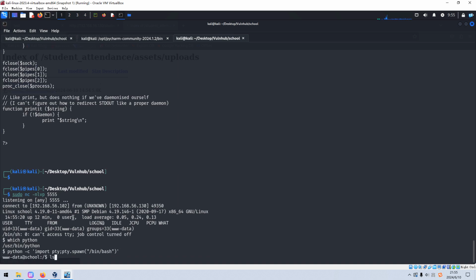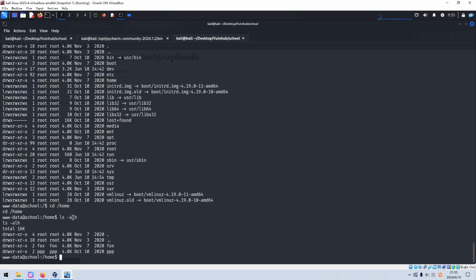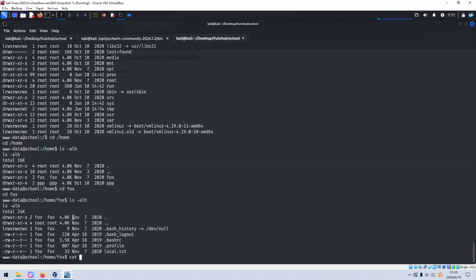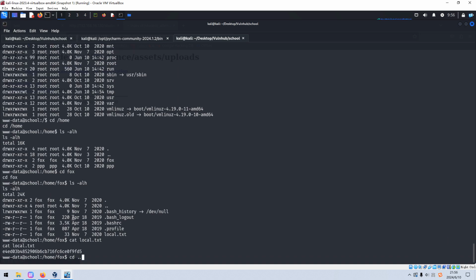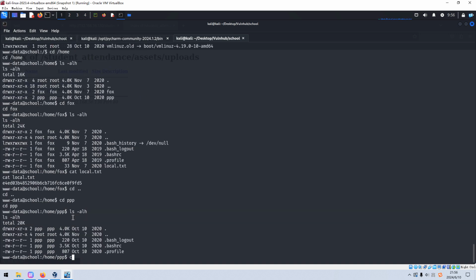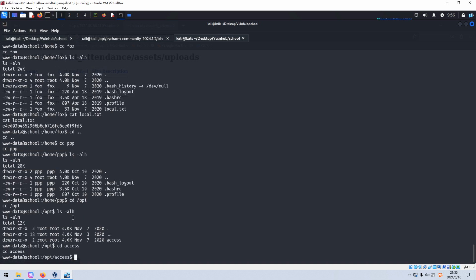Okay, and we can go to the home directory to do some local enumeration, and we can get the first flag without a problem. Then go to the tmp directory, and nothing there. Go to the opt directory, go to the access subdirectory.